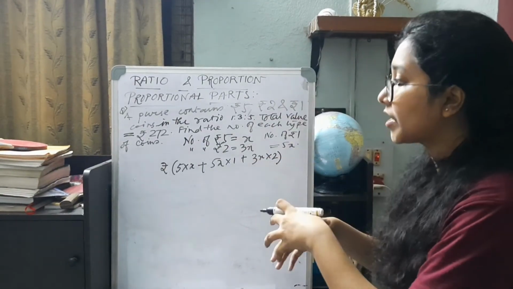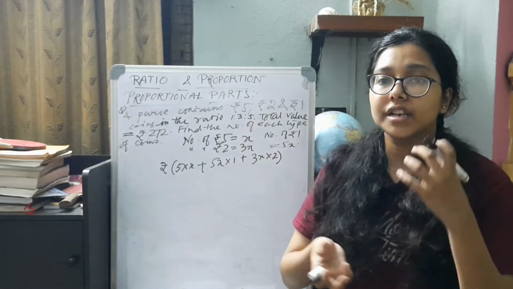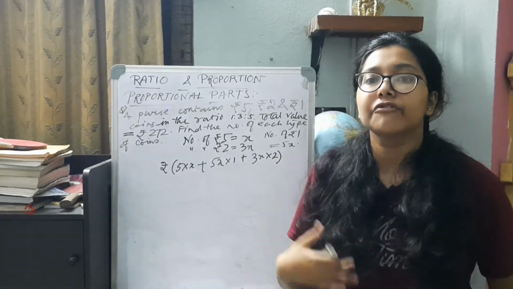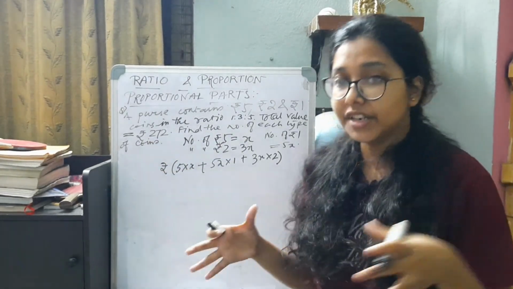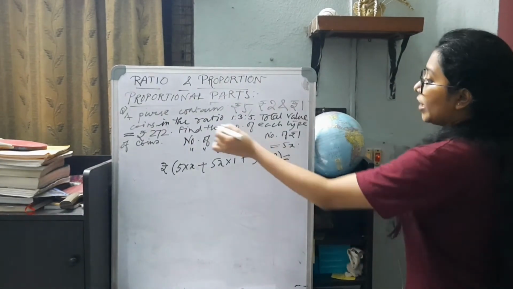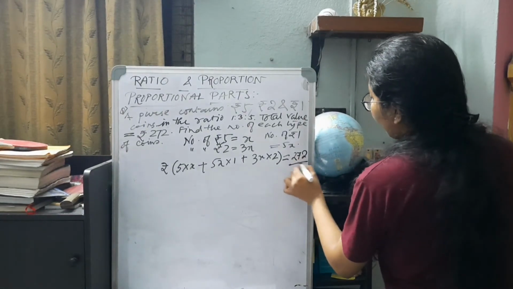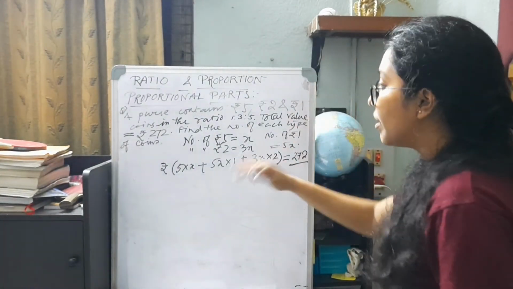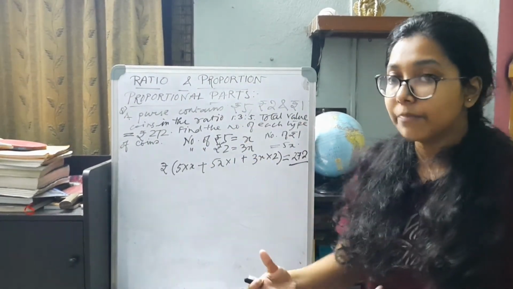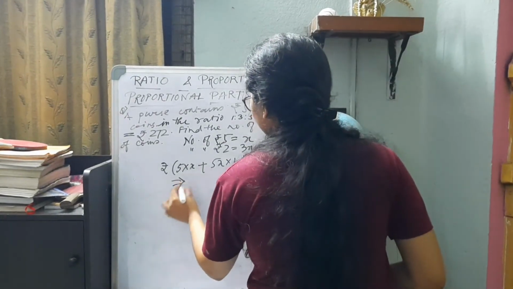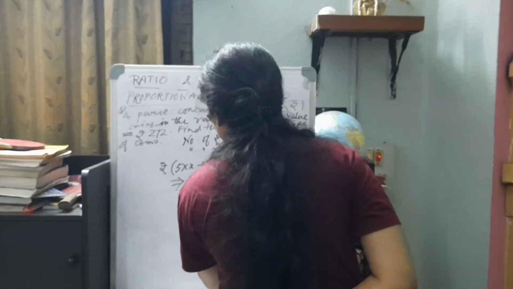And this entire summation of all the rupee 5 coins based on the number of 5 coins that are there, based on the number of rupee 1 coins that are there, based on the number of rupee 2 coins that are there, all of them together will be providing me the value which is given as rupees 272. So, this is where you have to keep a check, whether it is the total number of coins that has been stated, or the total value in rupees that has been provided in the question. So, this value is 5x plus 5x plus 6x. So, it is 16x, which is equal to